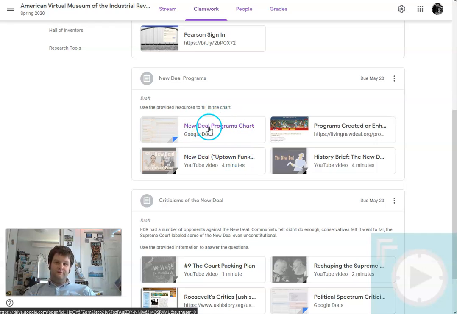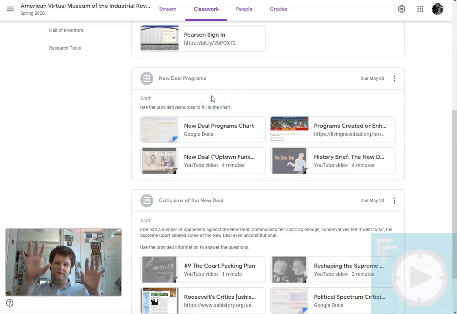What you're going to be using this information to do is to fill out something called the New Deal Programs Chart. And it's just a chart that breaks down the programs. And the idea behind that is it's kind of a handy reference if you're interested in the New Deal, since there are other opportunities in the future to study it. This is designed to just kind of give you an idea of what it is, some of the basics, and